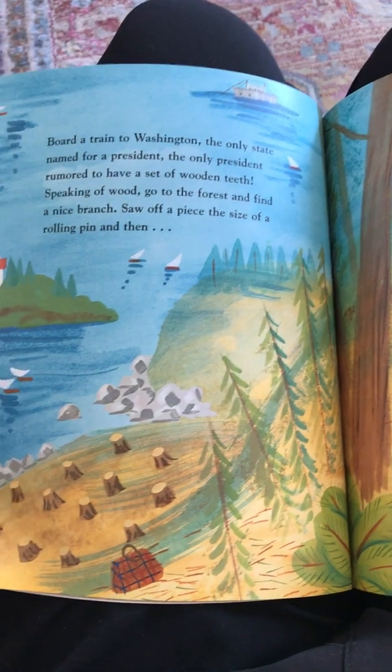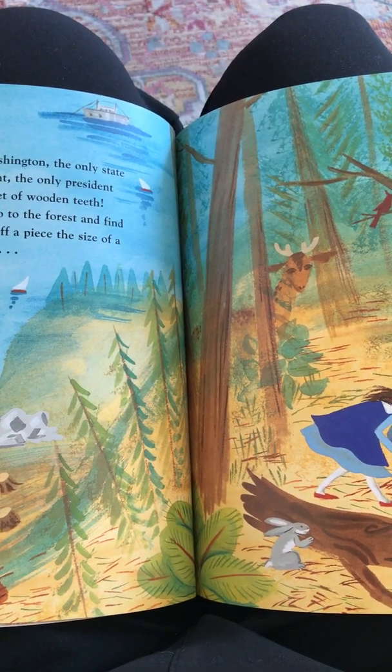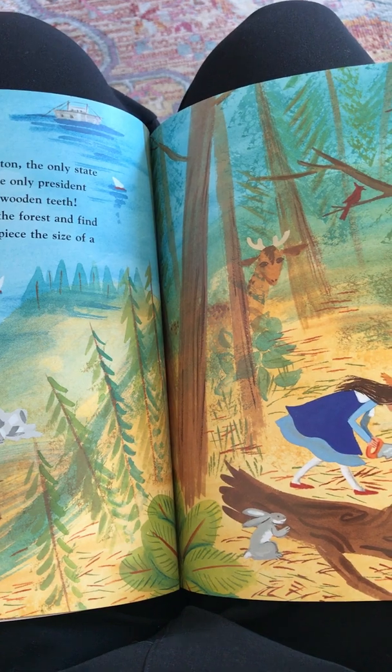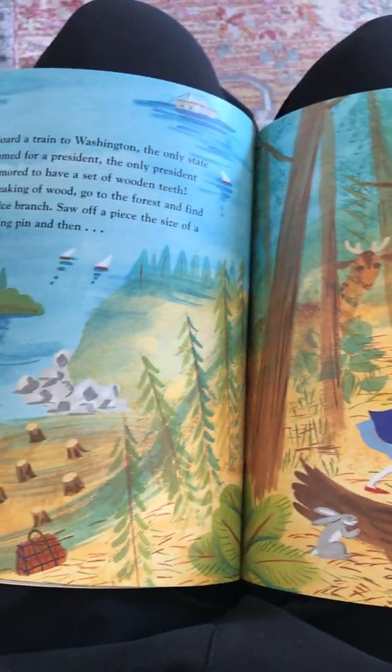Board a train to Washington, the only state named for a president. The only president rumored to have a set of wooden teeth. Speaking of wood, go to the forest and find a nice branch. Saw off a piece the size of a rolling pin, and then...